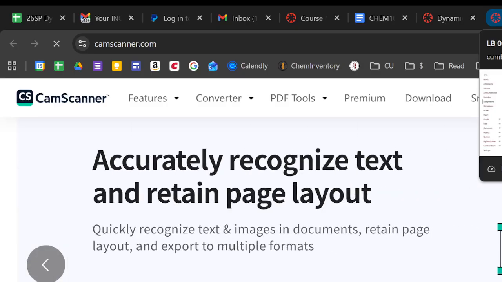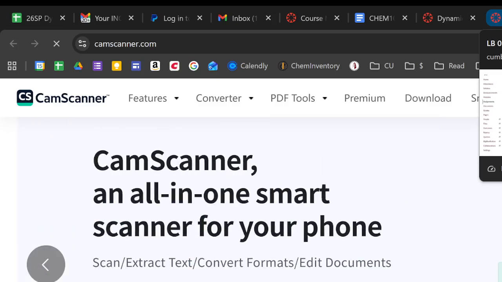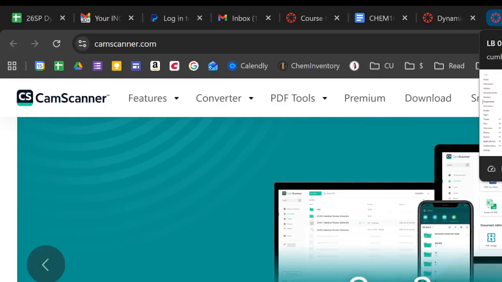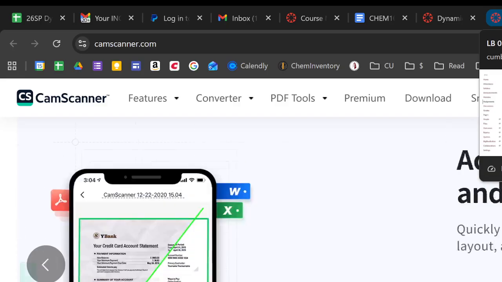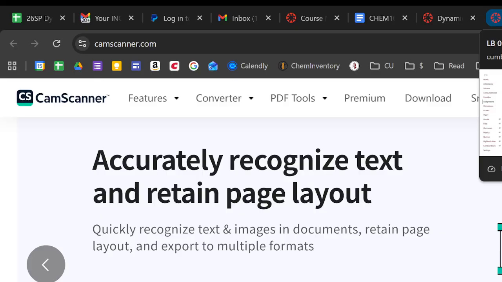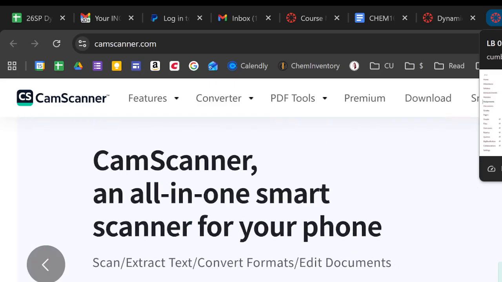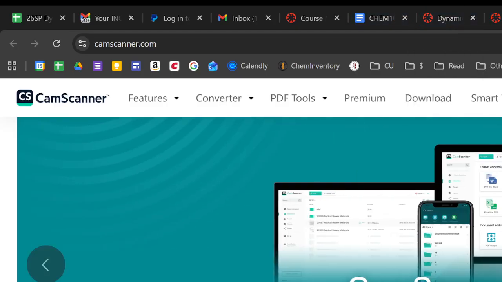You're going to then take that, scan it in. And once you get used to this, it's very, very easy. You'll scan 1 page of your lab notebook at a time. You'll make them into paged PDF. Okay? And then you're going to submit that to Canvas under the LB assignment for that experiment. Okay? And if you have the apps for Canvas and Cam Scanner on your phone, you can actually submit it directly from Cam Scanner into Canvas. Okay, it's super convenient. It takes like 2 minutes, right? Once you get used to it, you can do it in about 1.5 minutes. Okay? If you don't know what you're doing, it might take 3 minutes.